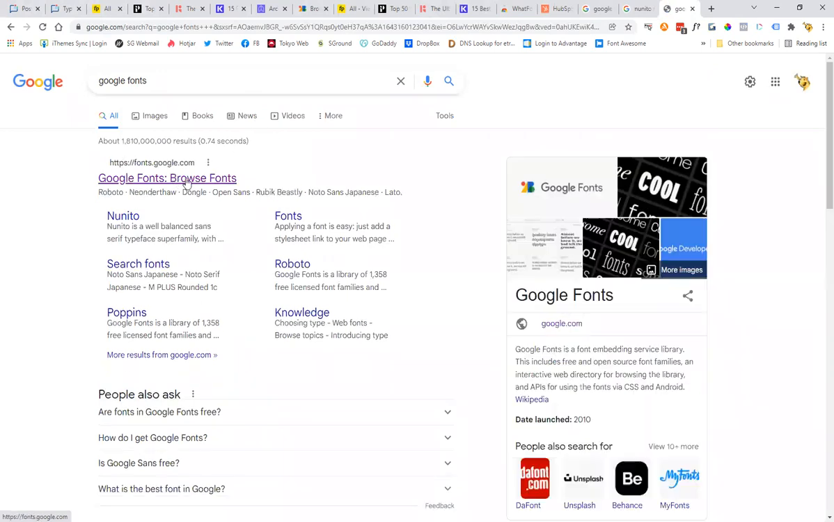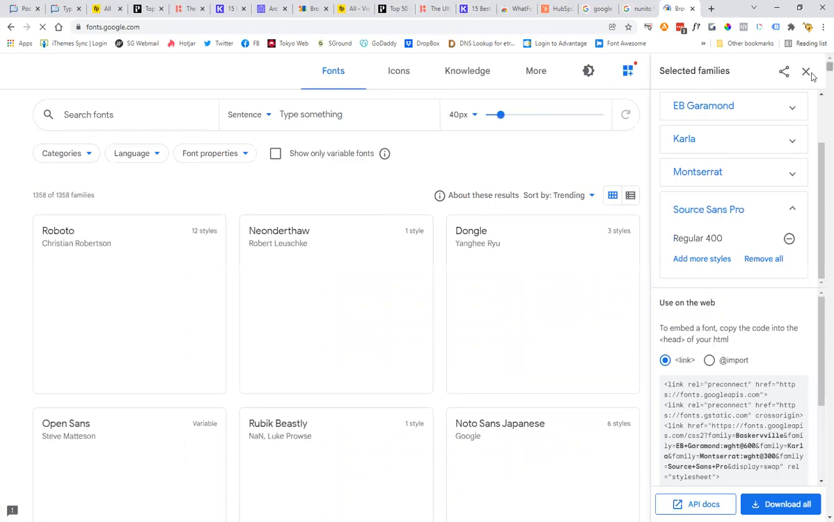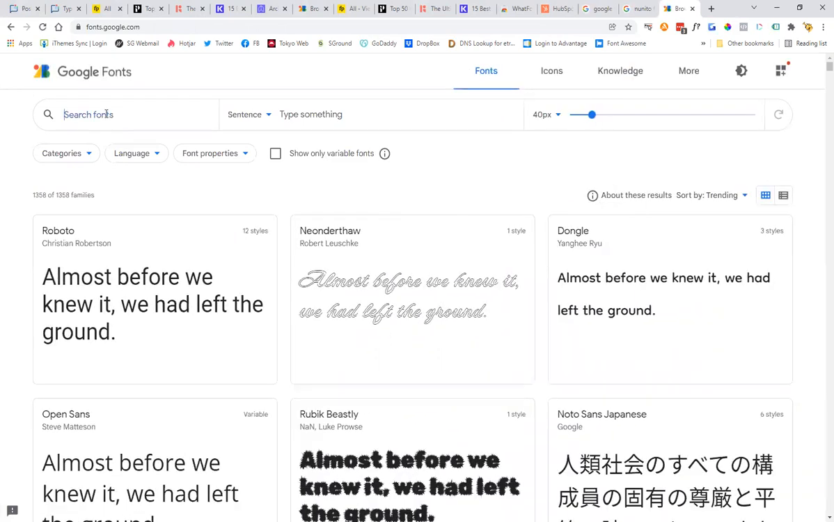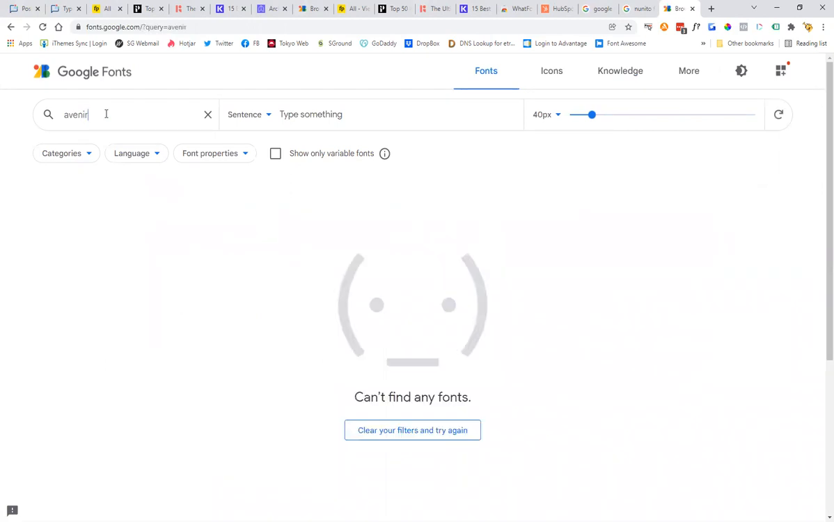Okay, so if I go to the Google Fonts library and search for that font, Avenir Next, it's telling me, sorry, we can't find that font. As I'm not surprised to discover, this is probably a custom font which HubSpot has purchased, so it's not in the Google Font library. However, what we can do is